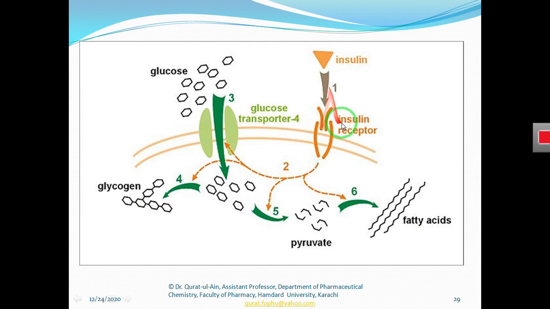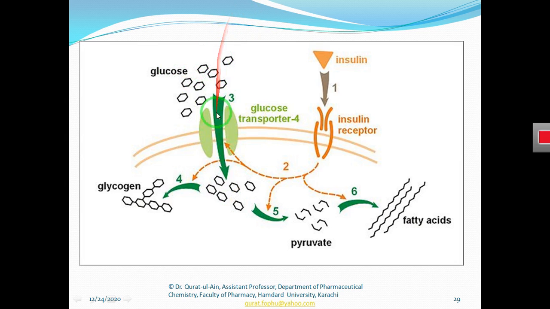And insulin only binds with the receptor when there is a high glucose level in the blood. So whenever there is high glucose in the blood, insulin binds to the insulin receptor, and when insulin binds with the insulin receptor, the glucose transporters that are present inside the cell travel towards the membrane. Then, when the glucose transporter comes to the membrane, it allows glucose to be transported from outside the cell to the